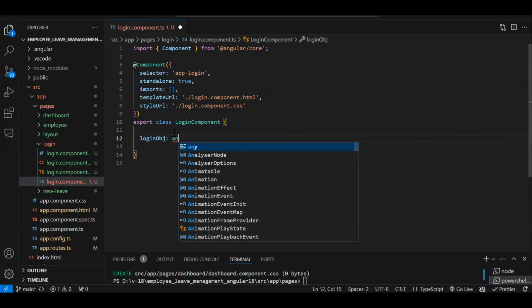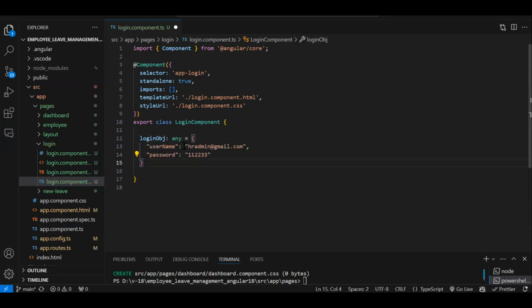But here I'm just going with any object. Let's initialize with empty. So we have created object. So this object, this property, I need to